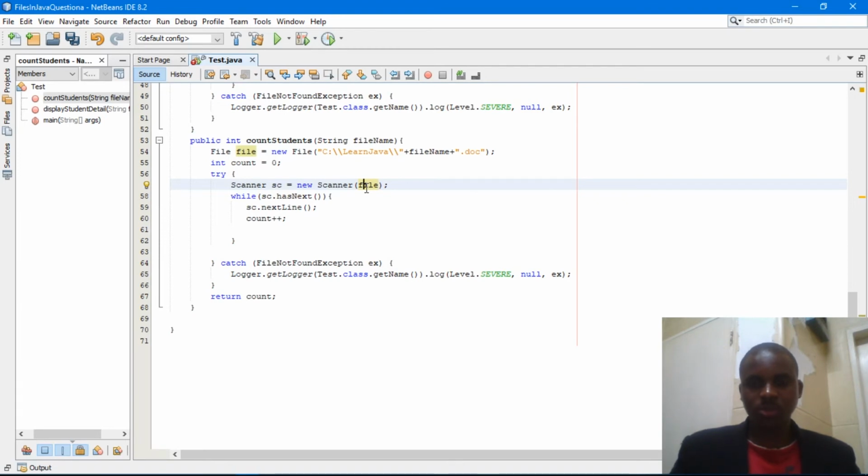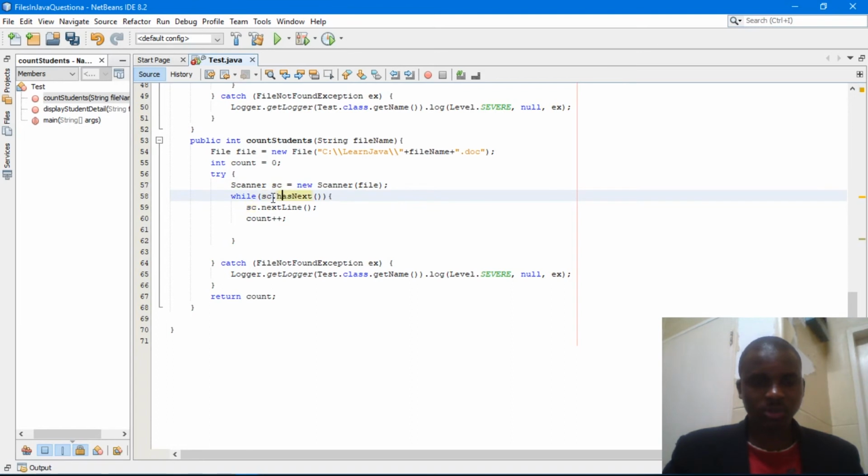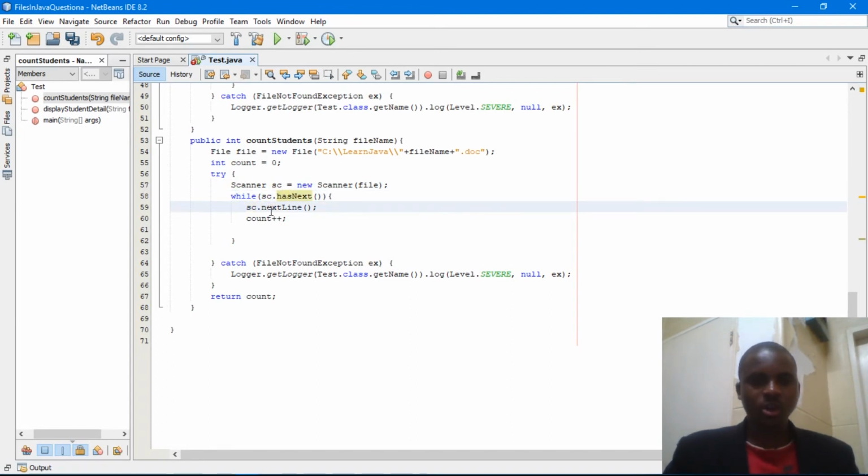Then inside the while loop, I'm going to use the nextLine method to move from the first line to the second line, so that whenever it tests this hasNext method, it will be testing on the second line, up to the end of the file. So on the first line, I will increment count by 1. On the second line, I increment count by 1 so that it will be 2. Then it just goes on like that.